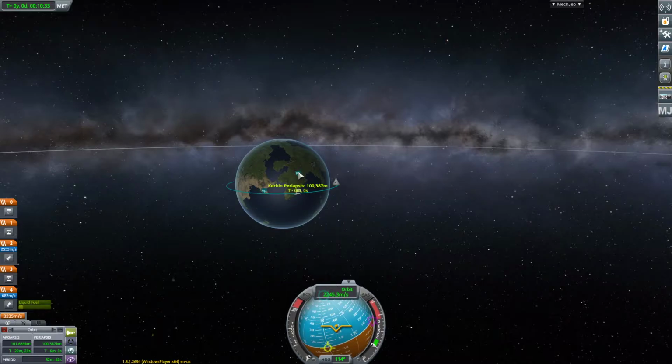The periapsis and the apoapsis are almost identical, and the other way to tell is to look at the eccentricity number, and it's very low. The closer it is to 0, the closer you are to a perfect circular orbit. Now the thing about Minmus is